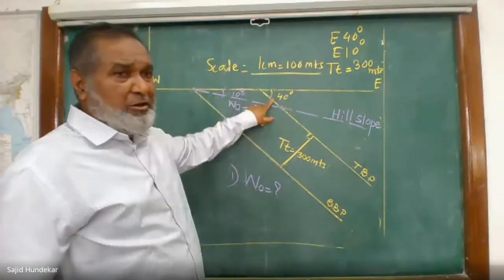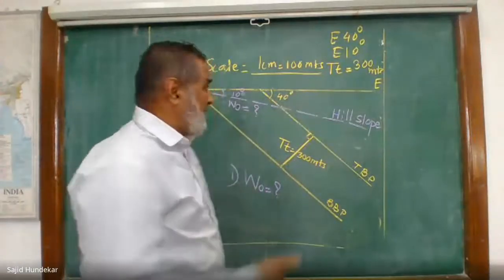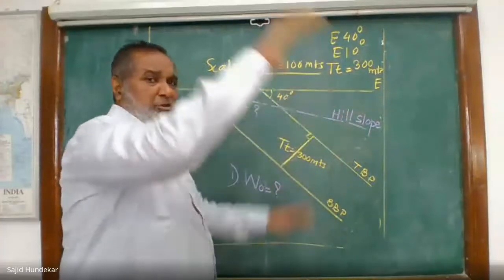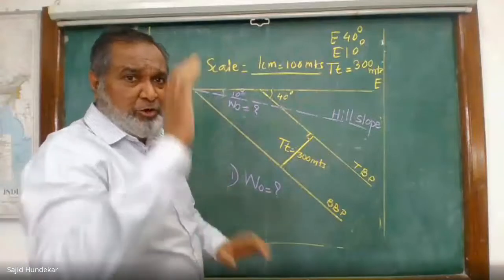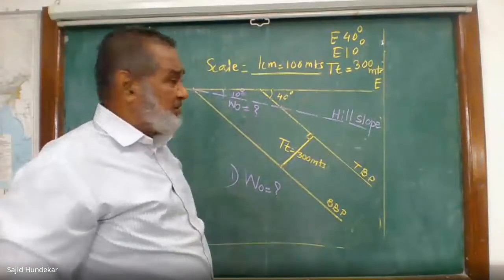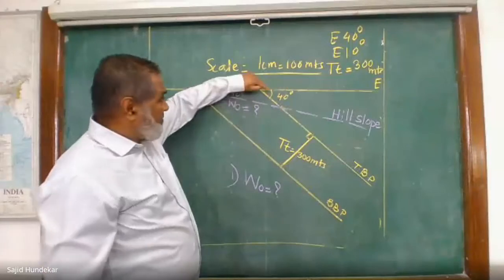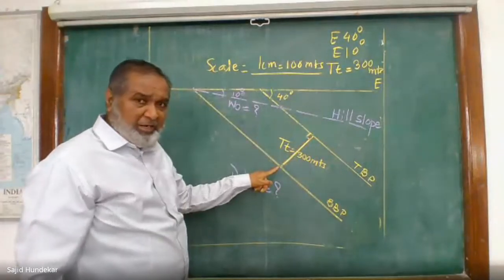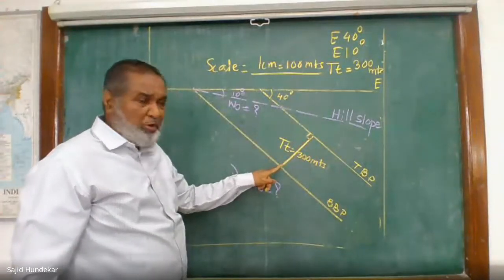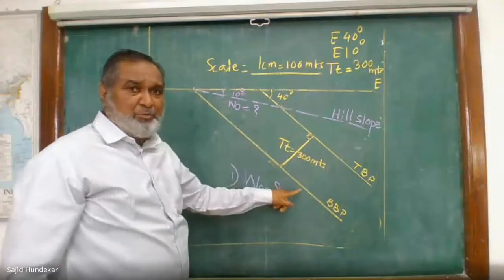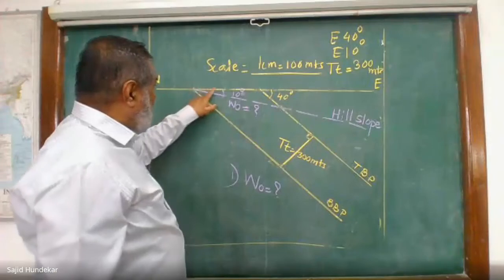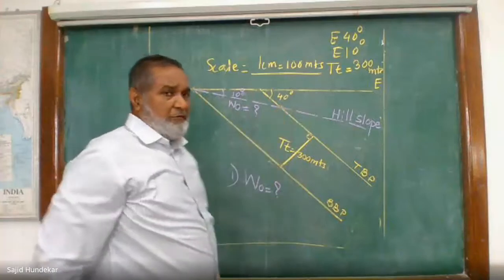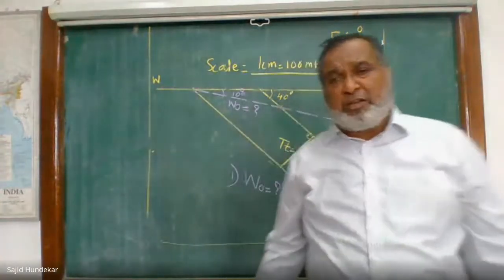Next one, this angle you have taken initially, it should be 40 degree. This line you have drawn, it should be horizontal. If it is just tilting, your program is also tilting, your answers will go wrong, everything will be wrong and you don't get the full marks. Draw a perfect horizontal line, from the center point take a 40 degree, get this line, from there take a perpendicular at the 300 centimeter, plot the point and draw a parallel line from this point. Then you will get the 10 degree. From this point, draw a dotted line, and the distance between these two junctions will give you the width of outcrop on the given hill slope.